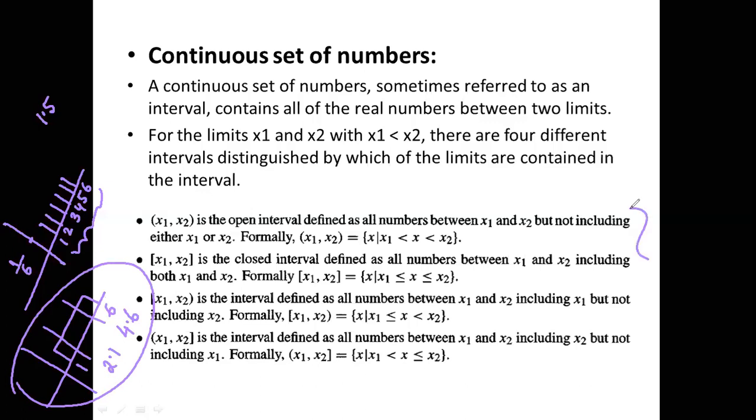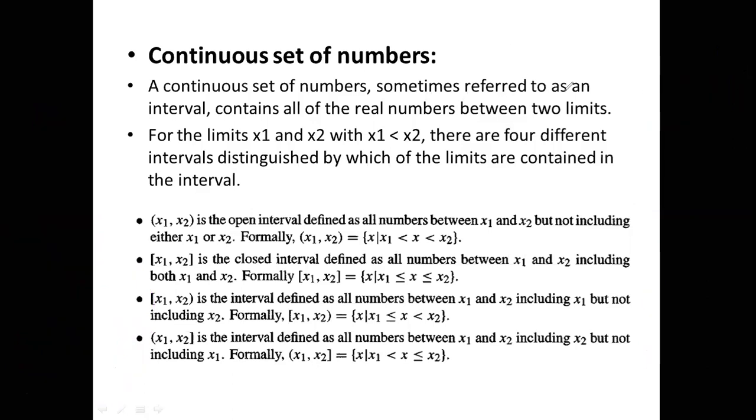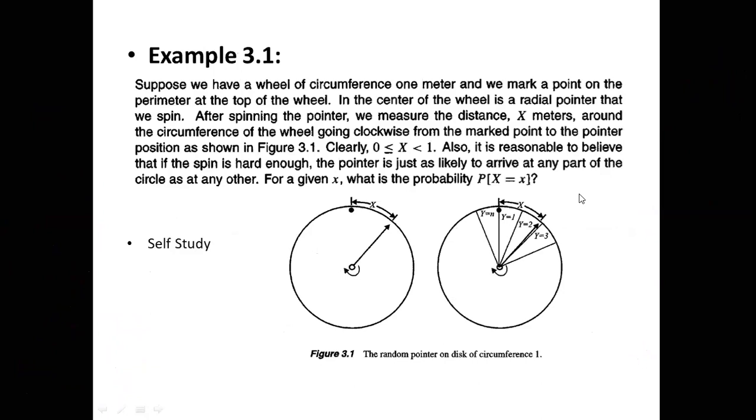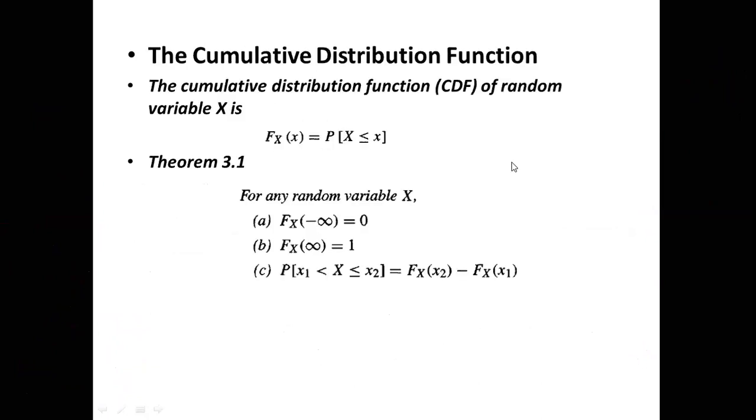There is a lot of language here, but I think that will not be much important. Can you say what kind of random variable it is? Continuous, because there is no gap. But if it is something like this one, then it will be a discrete random variable. Okay, so we will skip this example and straight away start with the cumulative distribution function, that is CDF.